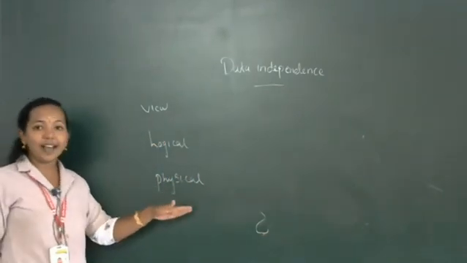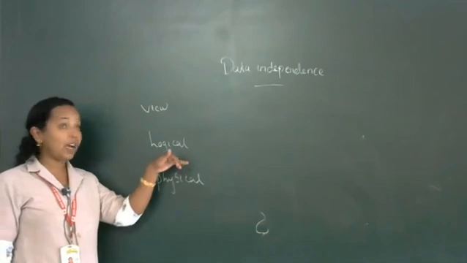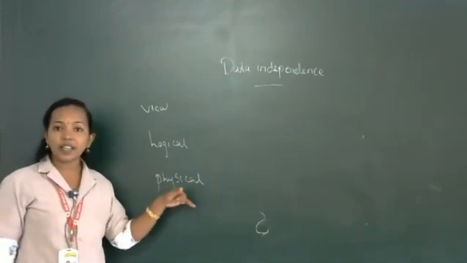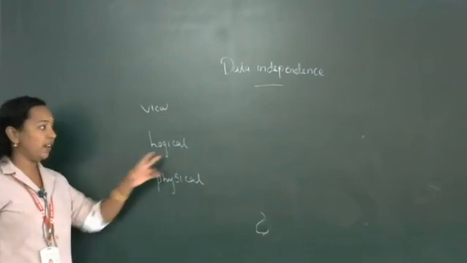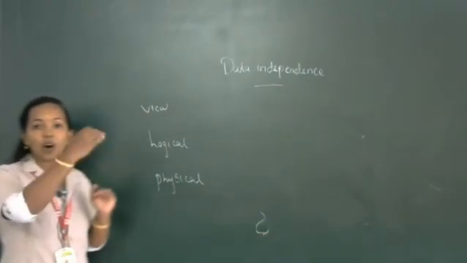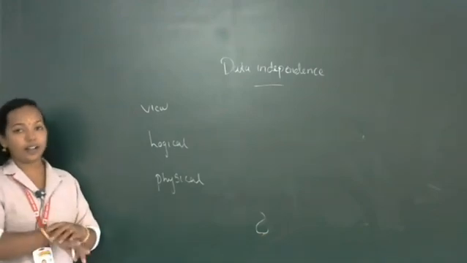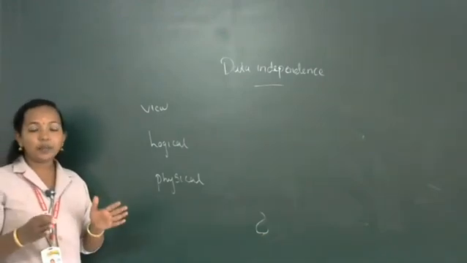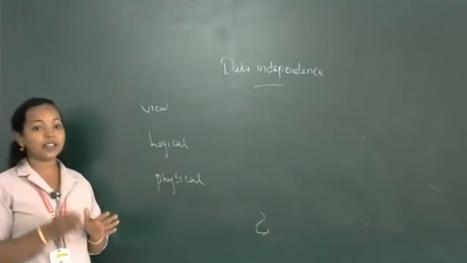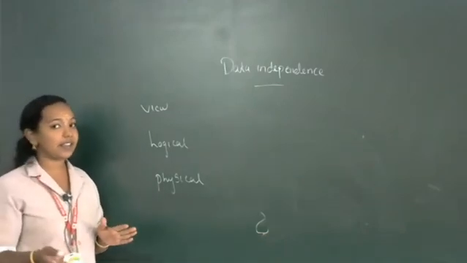According to the data present in the physical level, the conceptual level or program is developed. So if there is any mistake in the physical level, it will affect the logical level. If there is any mistake in the logical level, it will affect the view level, because all these levels are interconnected. So if we perform any modification in the structure of the database, it will definitely affect the next level.